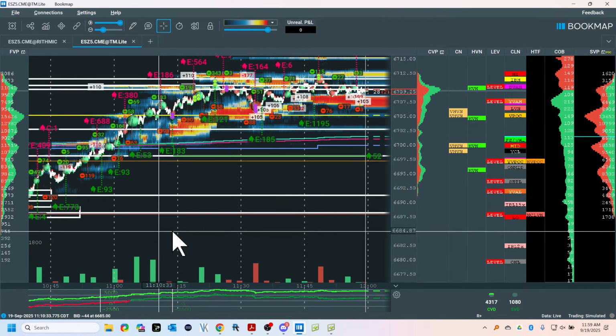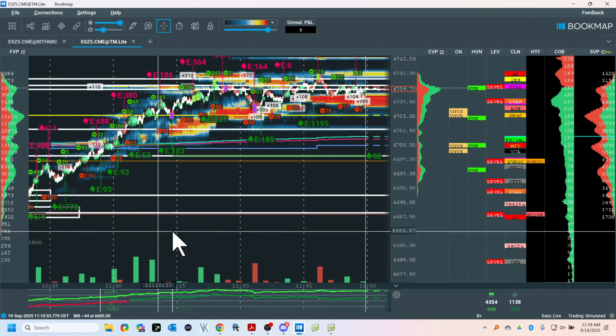Assuming you do the work, you vet an edge, and then you develop the discipline to only interact with the other participants when you have a statistical probability that favors you. And yes, you're still going to pay the other side, same as the casinos.